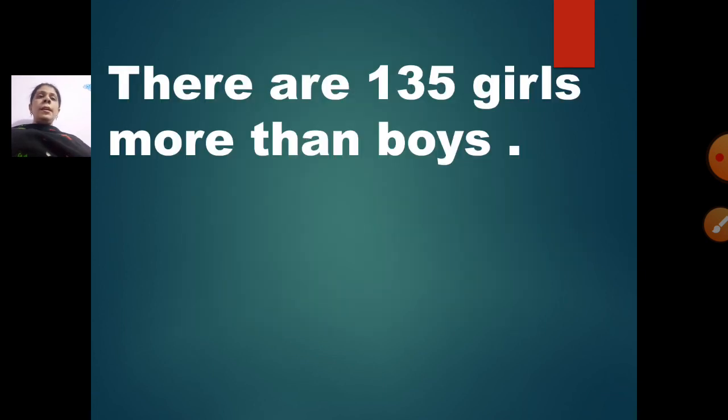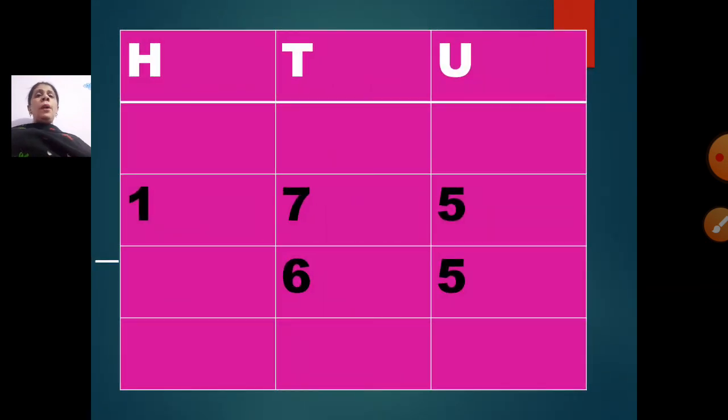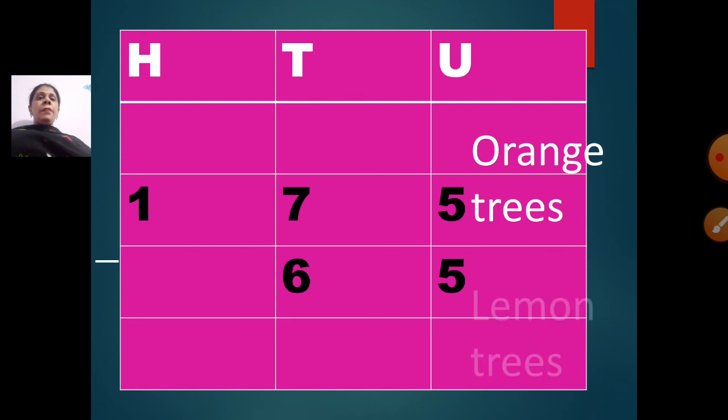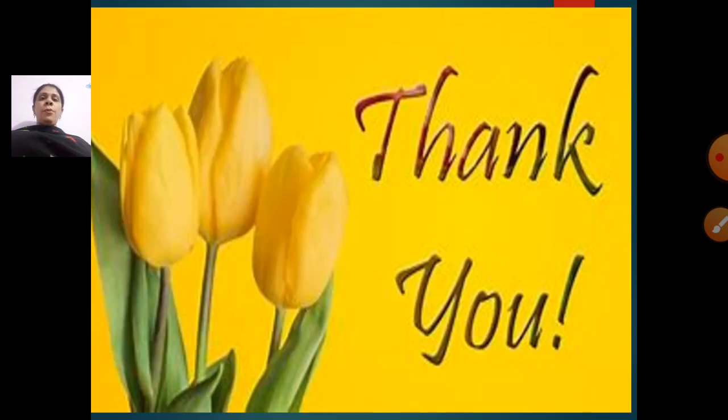Okay children? I hope you understood how to copy and how to write. Whatever doubt you are having, if you are not clear how to write, you can ask in the respective class group. Okay, I will tell you whatever doubt you have, as of now how you have to write. Okay children, you can send me an image also if you want, after writing, to check whether it is correct or not.